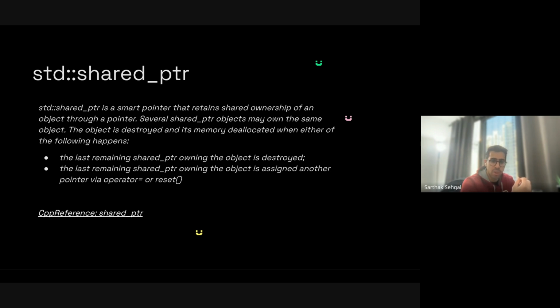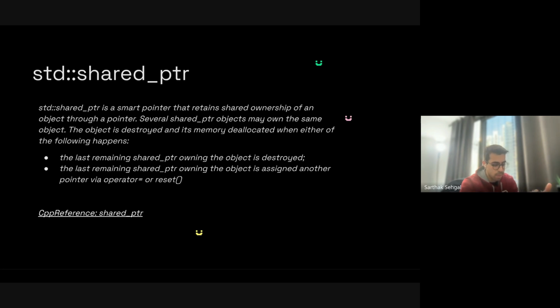Instead of the first pointer deleting the associated memory, it just goes out of scope. And the memory remains there until the last remaining shared pointer owning that object is destroyed, which is the first condition. And the second condition, when we implement shared pointer, we'll see that